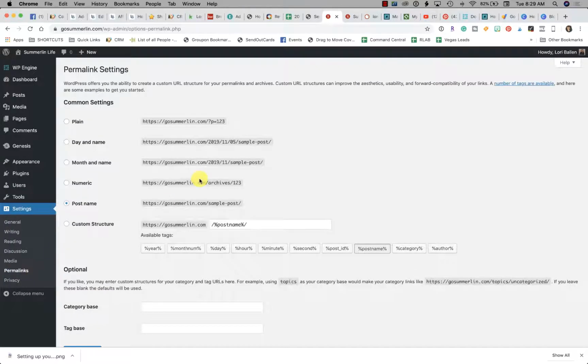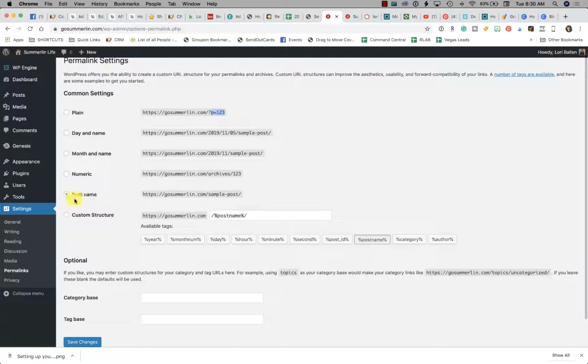Permalinks, this is the really important one. By default, your blog will be set to plain. And what happens is your domain names will then have symbols, letters, numbers, and all kinds of gibberish after the slash, which is the slug. We don't want that. We also do not want a date in our URL because then it will show that things are outdated. And if you update it, you can't make it look current. So we don't want dates. We don't want numbers. So we want to go down here to this post name,